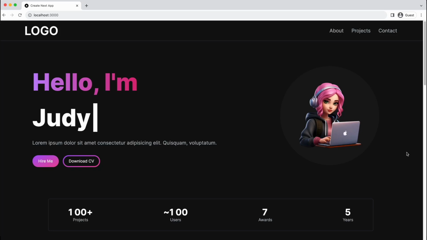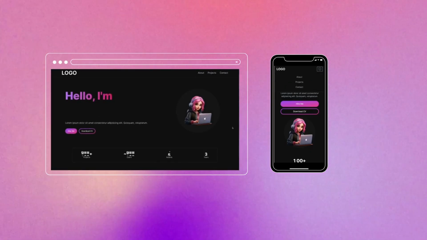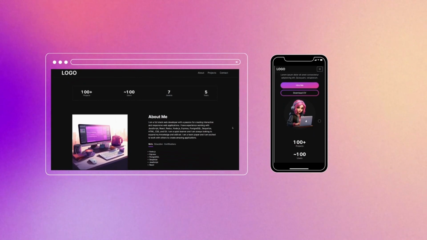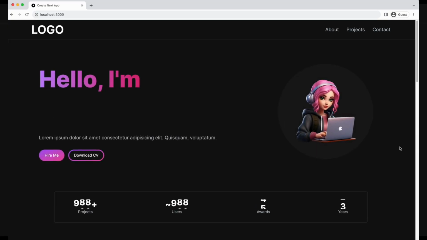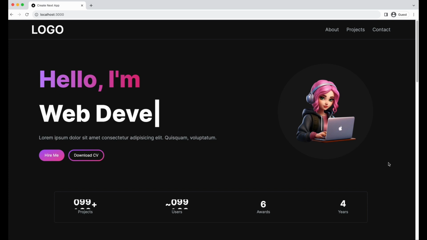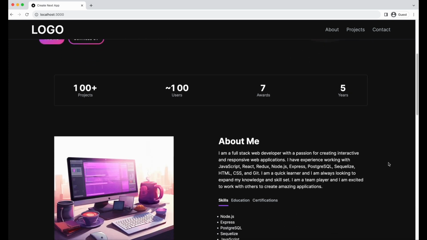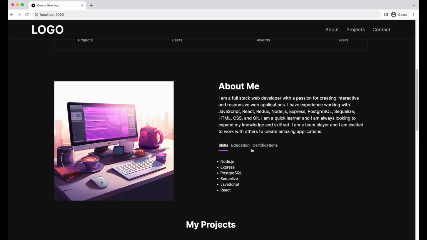Hi everyone, in this video we will build a responsive and easily customizable portfolio website using NextJs and Tailwind. We have here multiple sections starting with navigation bar, hero section. We also have animations throughout the page, then a metrics about me section with different tabs you can switch, followed